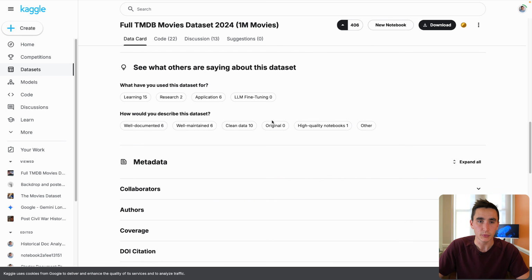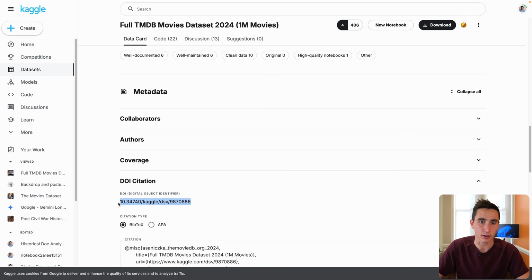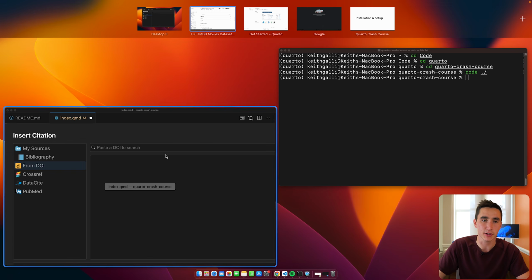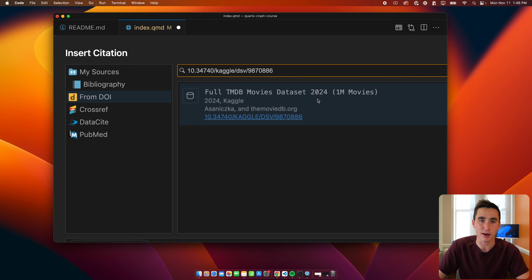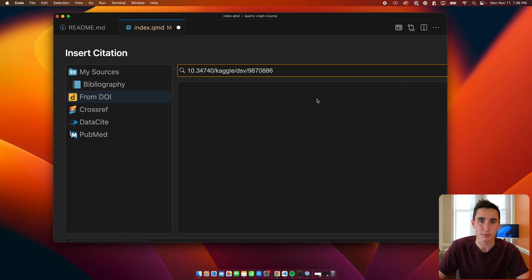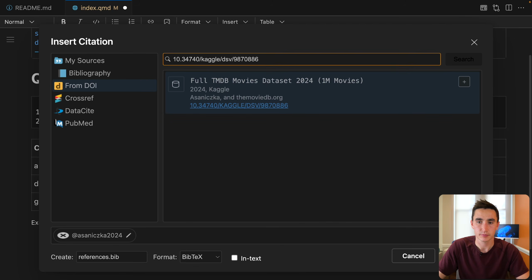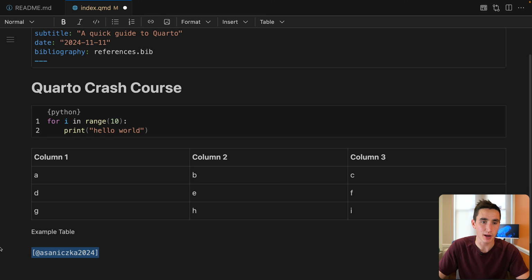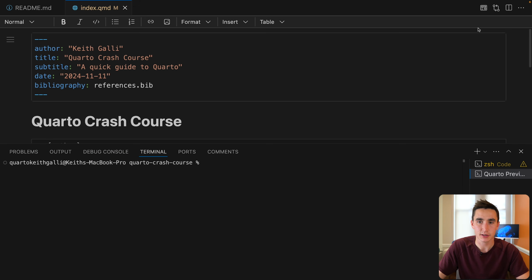But basically, there's this DOI citation. I can copy this digital object identifier, go back to my VS Code window, and paste this in. And now we see that we have the option to embed specifically this link. If I now insert that, we see that we have a citation. And if I render this,